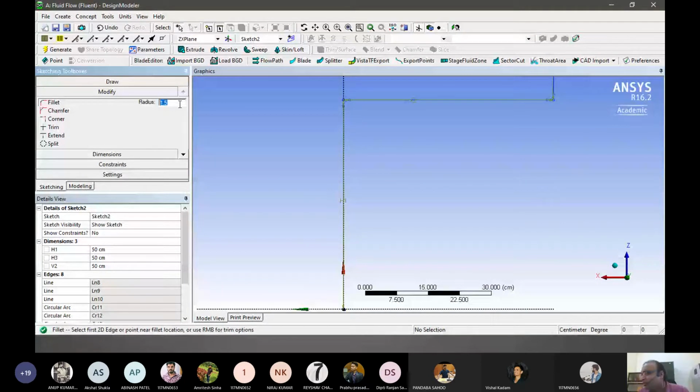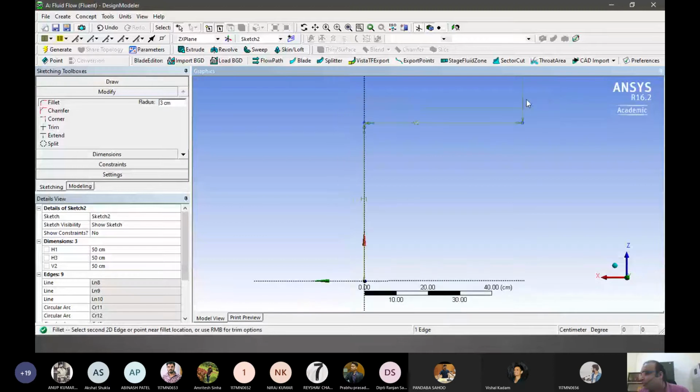Yeah, this is better because the scale is large, so we have to make a better curve as well. We have to delete the old one. So the path looks like this. We have to delete the old one here as well.